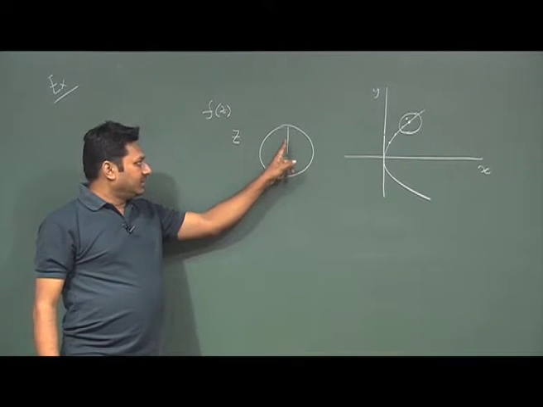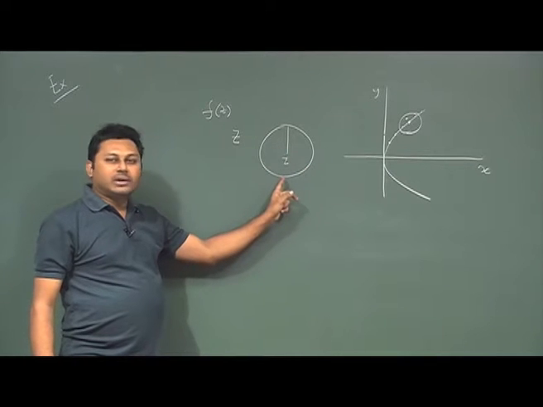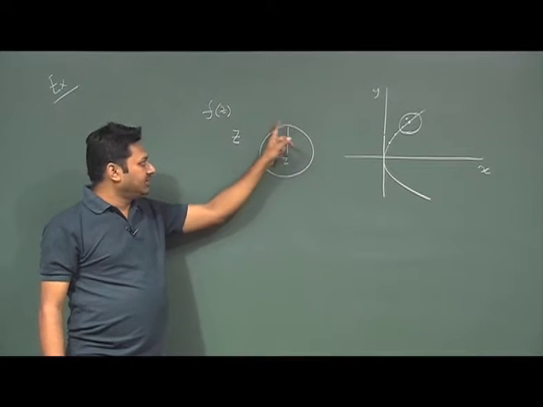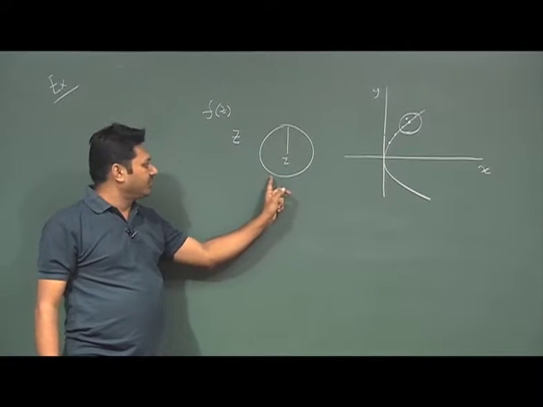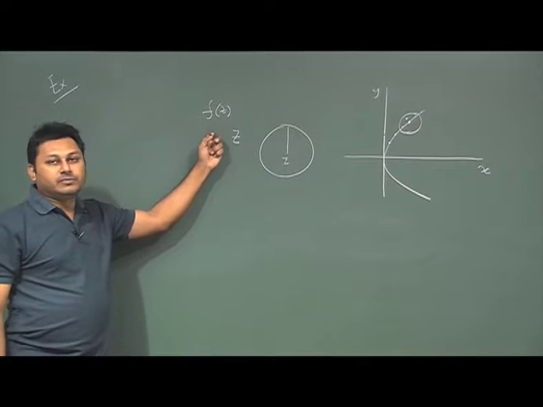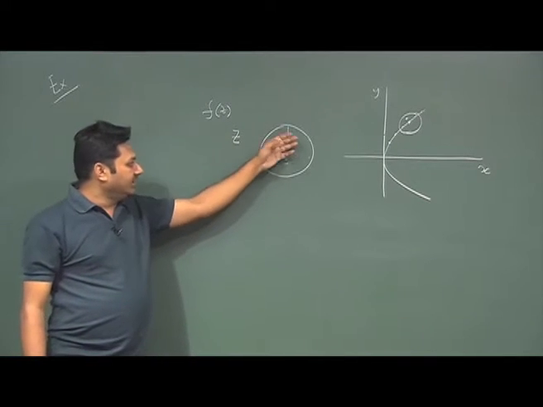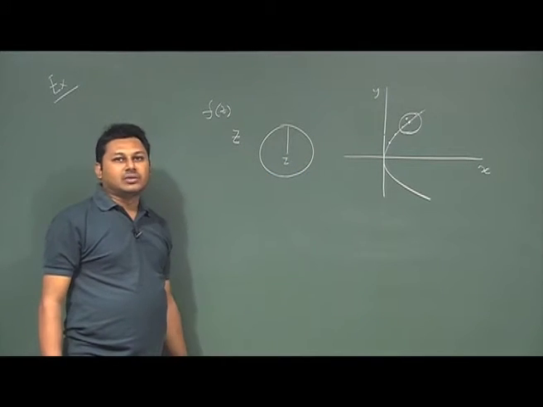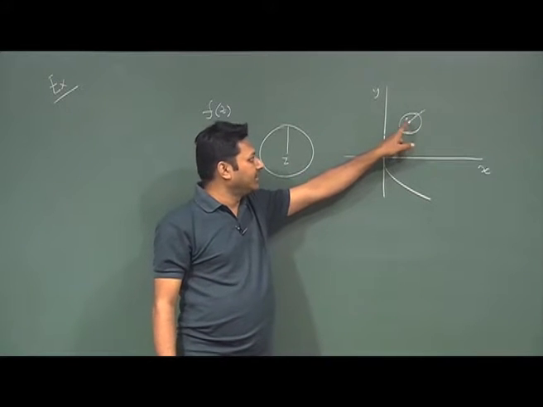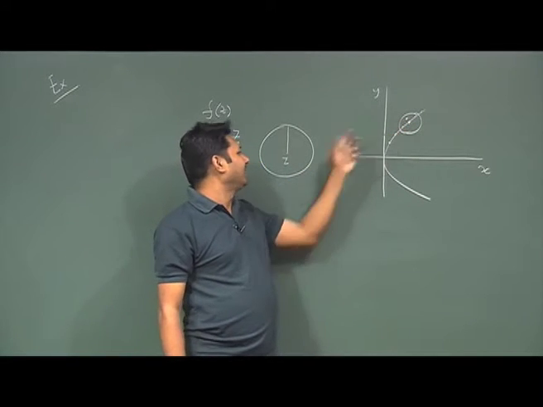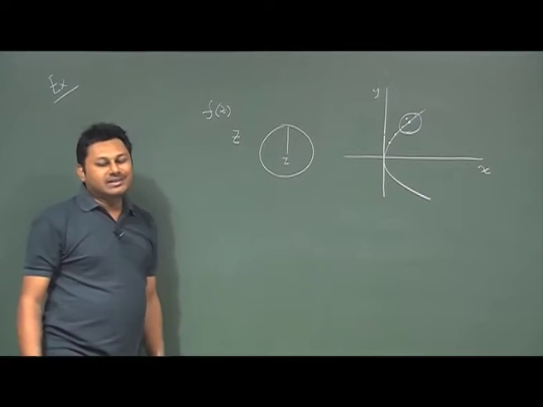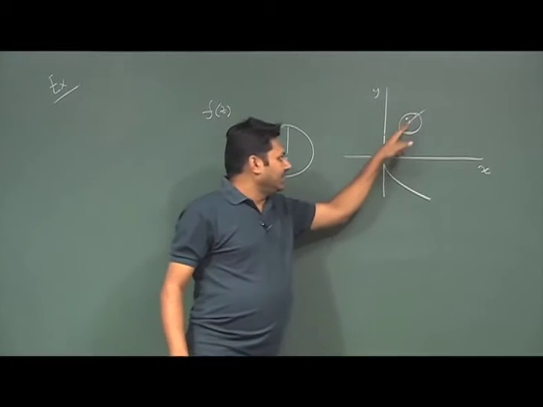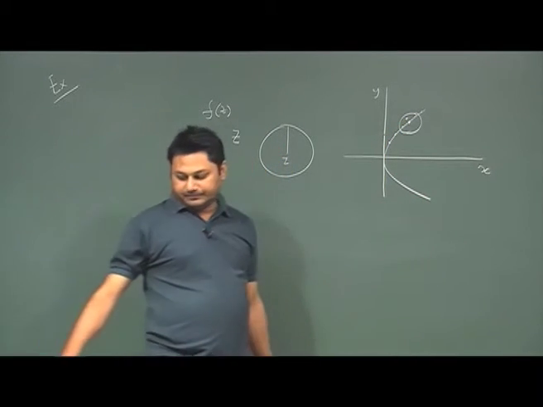Here it is analytic, then in some neighborhood of this point the function also has some derivative, and over this region, which is the neighborhood of z, the function should also have some derivative. So that means in this overall region the function should have the derivative. In that case it is not the case, because here we have a derivative, but if I go to some other point it does not have any kind of derivative. So the function critically is not an analytic function, rather I should say it should have a derivative over this line.